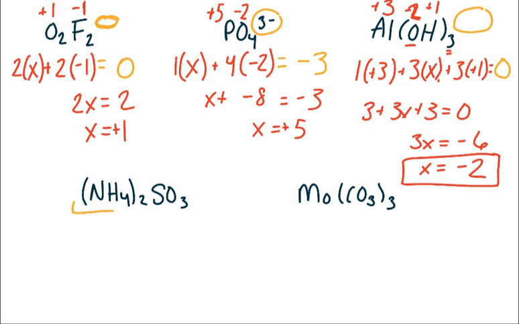So in this one, you'll notice I have 2 polyatomic ions. In all of the rest of these, I had a maximum of 1 polyatomic. So I had 1 polyatomic ion here, and this itself is a polyatomic ion. If you have 2 polyatomic ions, then you need to solve for 2 which have an oxidation state different than their ionic state. Anytime you have a polyatomic ion, you can always solve that separately rather than as a compound